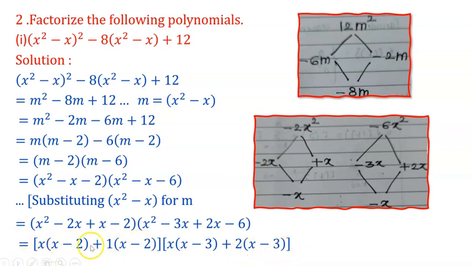Again, from this square bracket, take x minus 2 as a common. The remaining terms in the next bracket, that is x plus 1. Again see this next square bracket, x minus 3 as a common, and the remaining terms, that is x plus 2 in the next bracket, and hence the factors are in first bracket x minus 2, x plus 1, x minus 3 and x plus 2. Okay. Next,